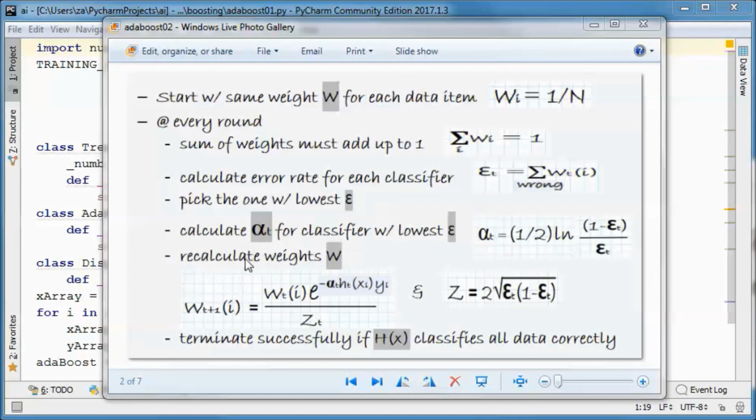and then we recalculate the weights w according to this formula, and z here is equal to this formula, and we terminate successfully if the overall classifier classifies all data items correctly.